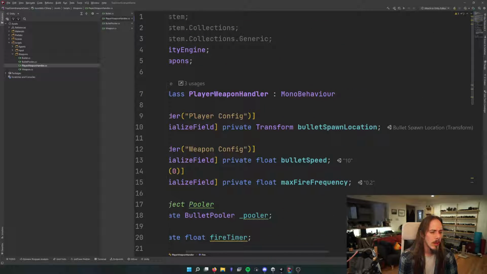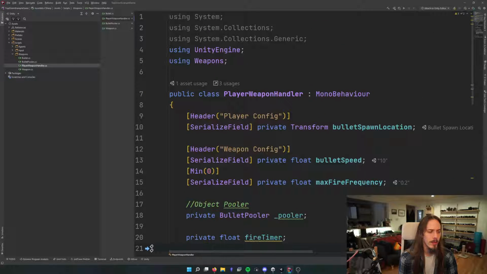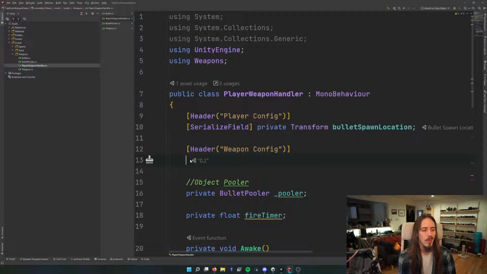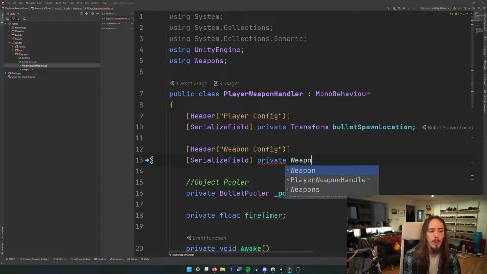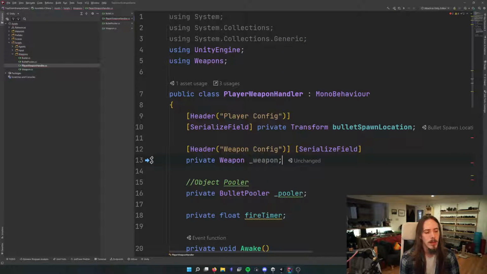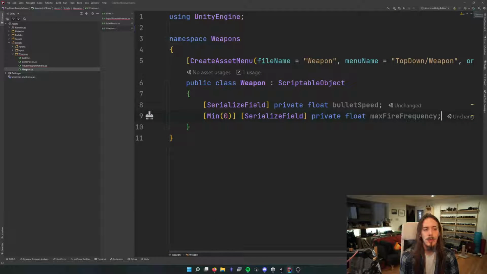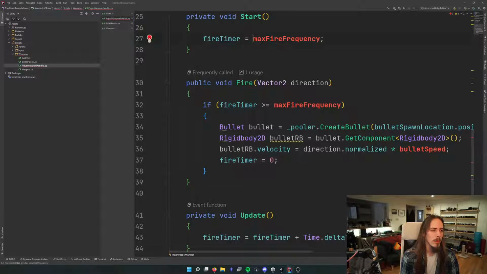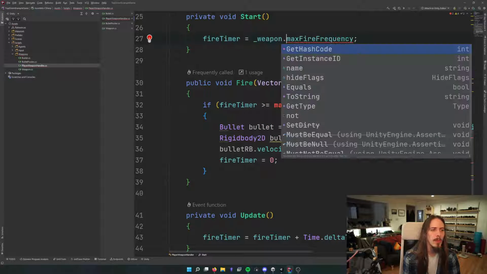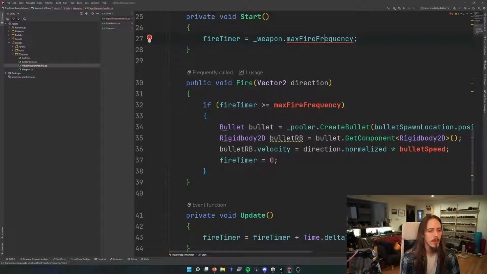Okay, so what do weapons need? Well, what I'm trying to replace is my configuration data for my player weapon. So I'm actually going to cut that and make a serialized private weapon. And then I will take this and paste those right there: bullet speed and max fire frequency. And then I will go in and set that to weapon dot max fire frequency, weapon dot